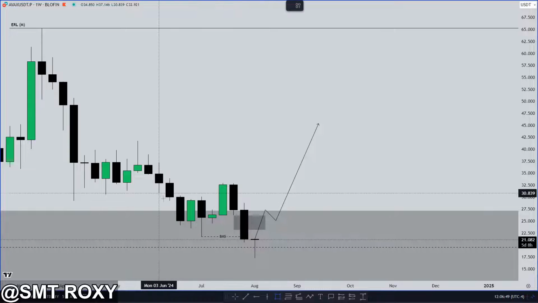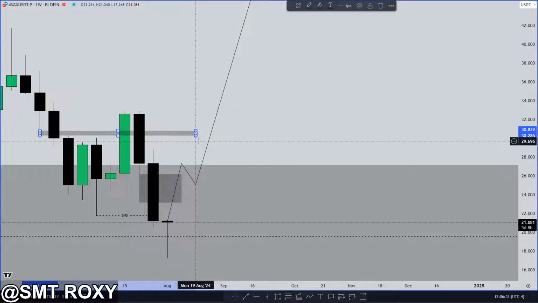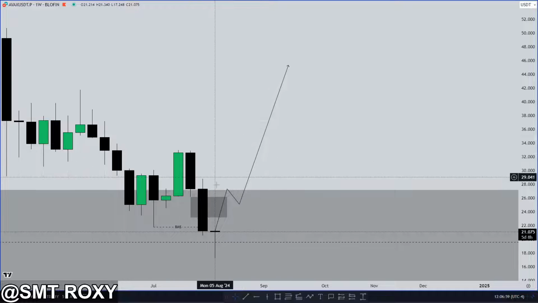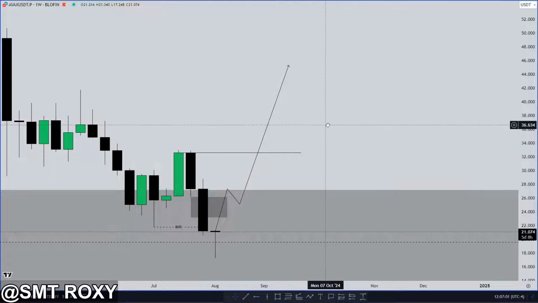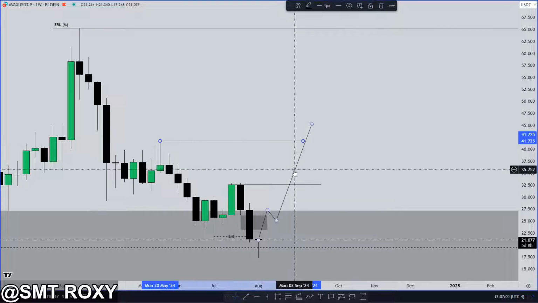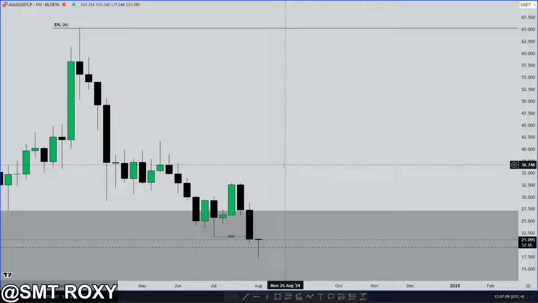Because once we had this one form, I thought, but it wasn't really a big fair value gap. That's kind of the thing. It wasn't really a big fair value gap. But if we do form something like this, a decent size fair value gap, I can see us moving above it and then making a breaker here, honestly, and then moving higher. Probably reaching this right here first, the first target, like the 42 mark, and then starting to chop around after that probably. So I'm going to be waiting for this weekly candle to see how it closes,